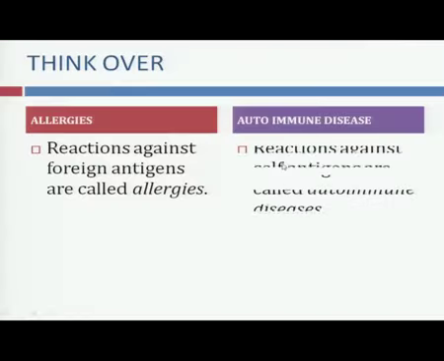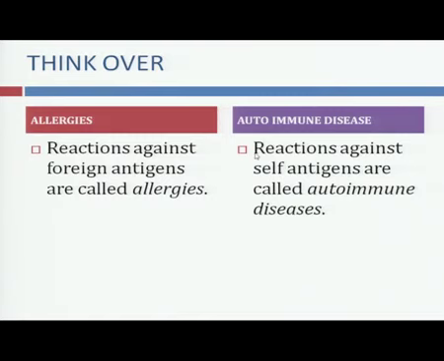But the difference lies in the fact that in case of allergies, the reactions are against foreign antigens, while in case of autoimmune diseases, reactions are against the self antigens,